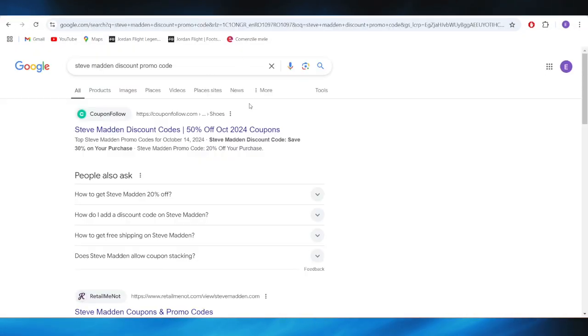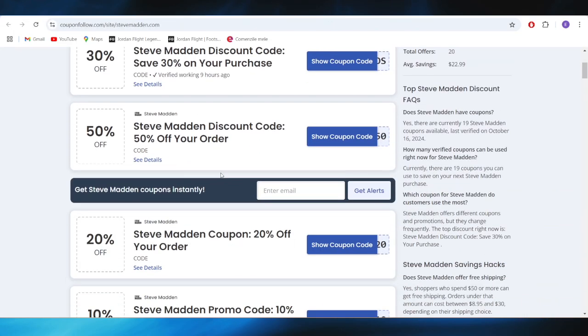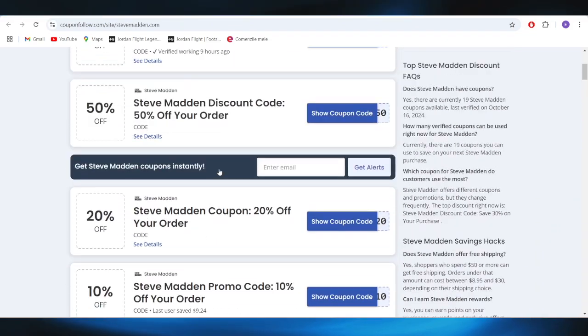First of all, go to your web browser, and right here you'll have to search for Steve Madden discount promo code. Right here, go to this website, we just call couponfollow.com. And as you can see right here, we have a list with some promo codes that you can use to